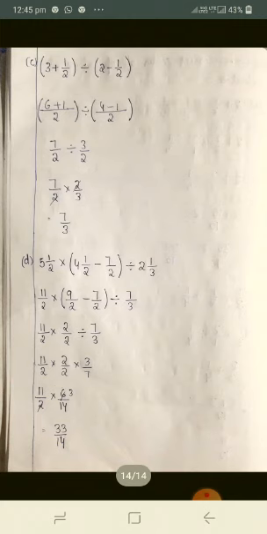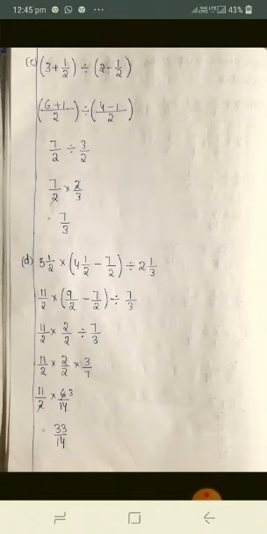Next, 3 plus 1 by 2 divided by 2 minus 1 by 2. You have to simplify what is there in the brackets first. So take 2 as the LCM. 2 3s are 6 plus 2 1s are 2, 1 into 1 is 1, divided by 2 will be the LCM. 2 2s are 4 minus 2. How much in 2? 1. 1 into 1 is 1. So in the first bracket you will get 7 by 2. In the second bracket you will get 3 by 2.